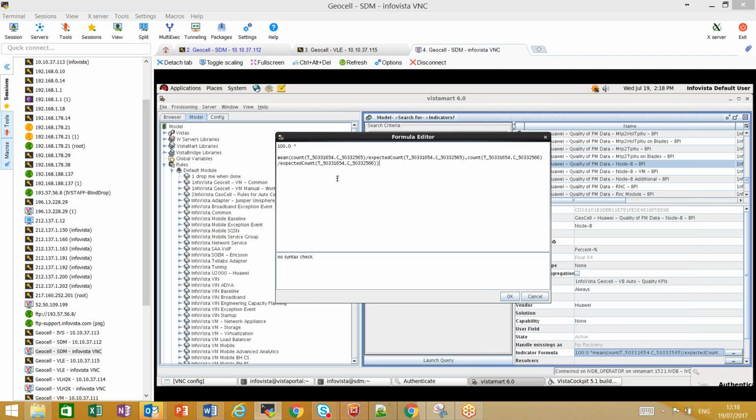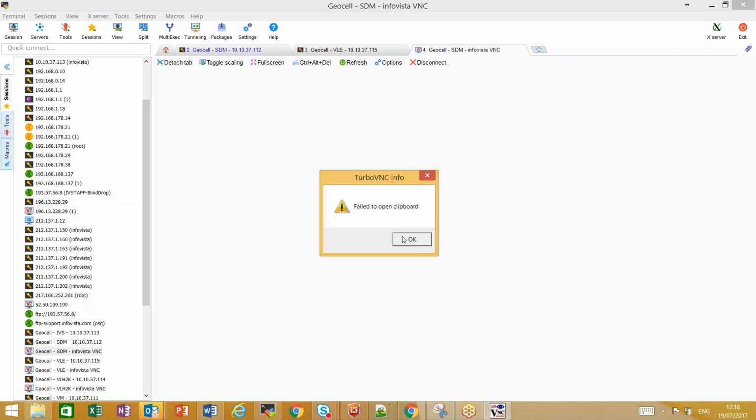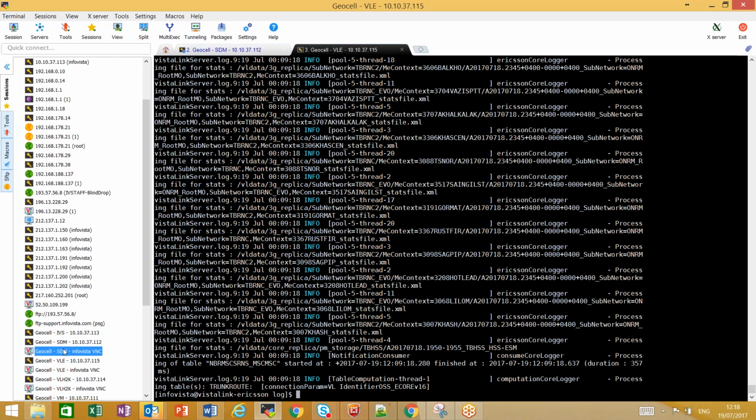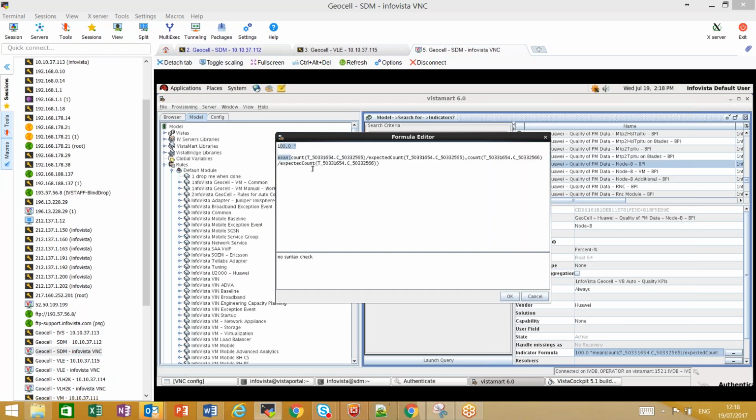In this formula, we are checking two counters if they are present inside of the PM file. So for each node B on Huawei, we will check how many values of indicator, sorry, not indicator, but counter